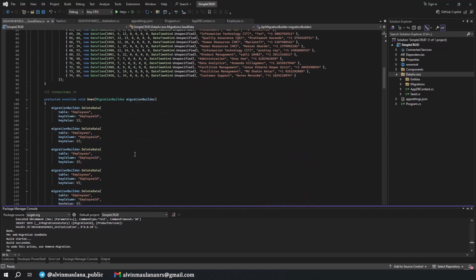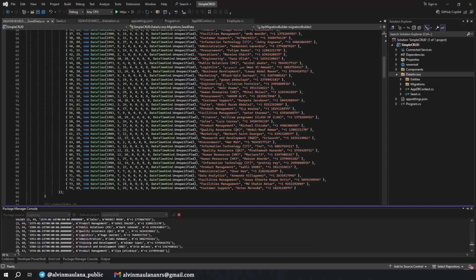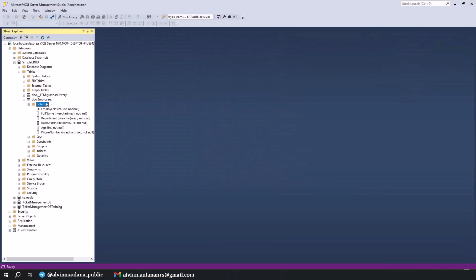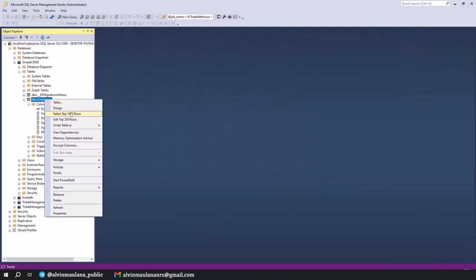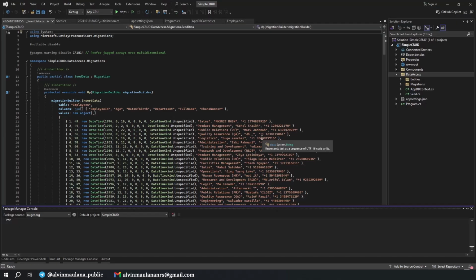This is all the seed we need to have. And then Update-Database. Nice. There is no error. If we check in the database and I right click and select the data, now I can see the list of our employees. For this part of initialization, I think it's complete.